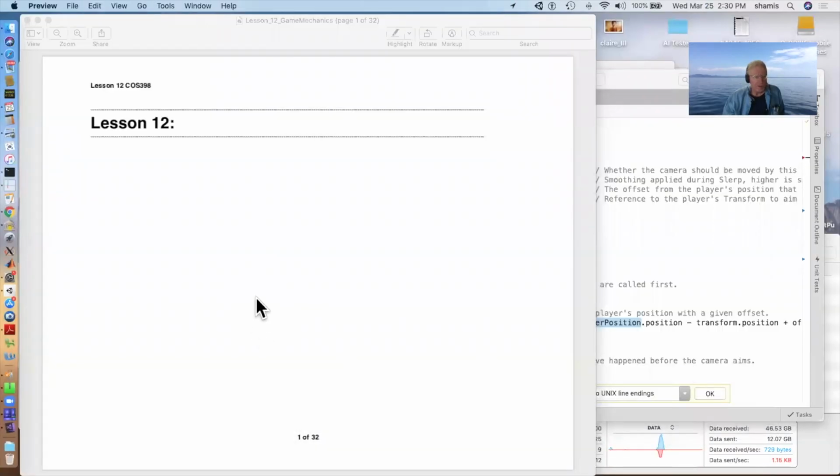Okay, so I promised you something about game mechanics. Let me get a share screen going here. So,